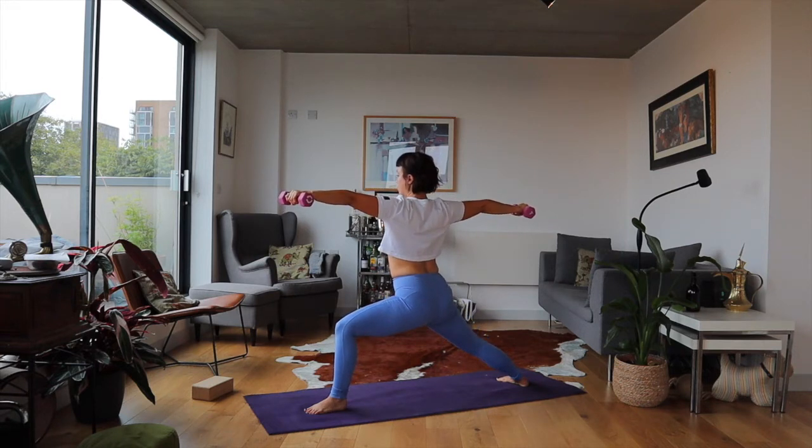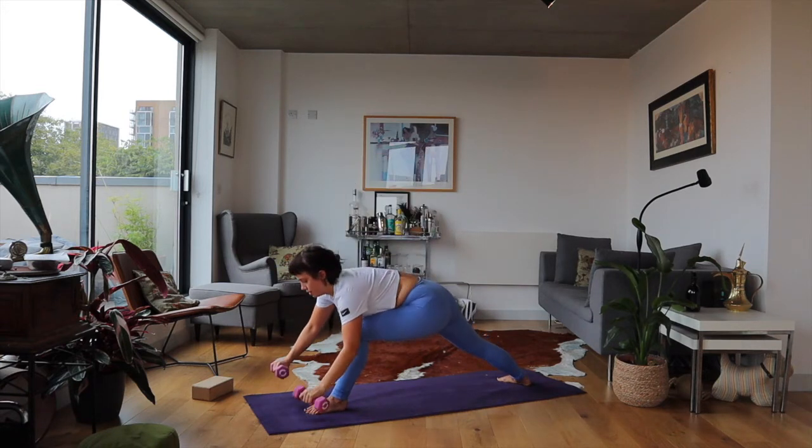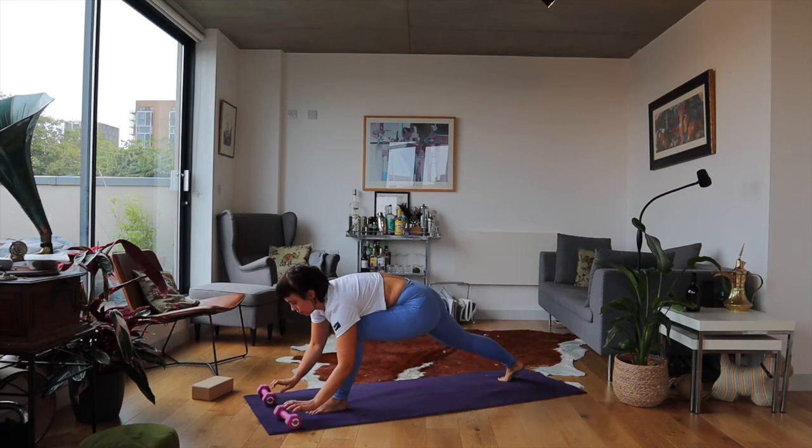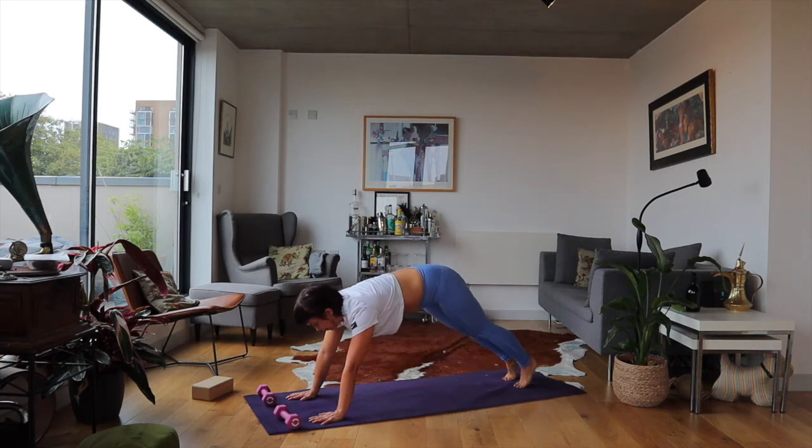And maybe bending a little more into that front leg. We're staying here for a few breaths. In and out through the nose. One more breath. Inhale. Exhale. Inhale and exhale. Laying those weights down in front of the mat. Hands to the ground. Coming onto the ball of the right foot, back foot, and stepping back with the left